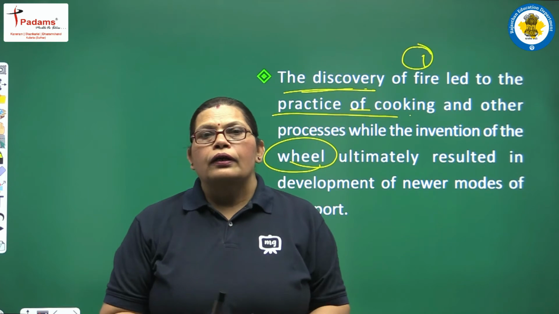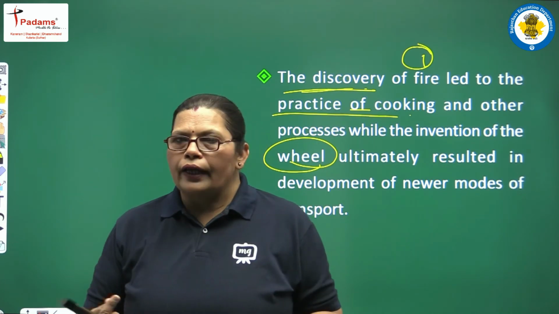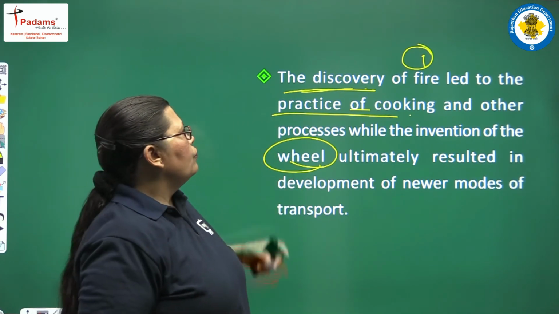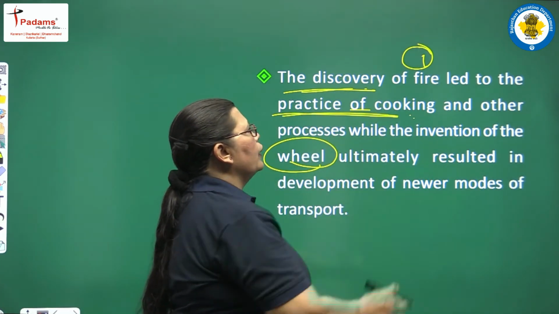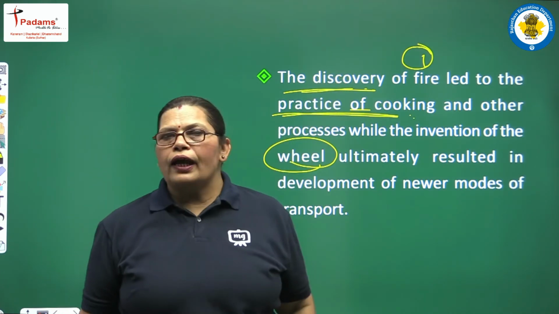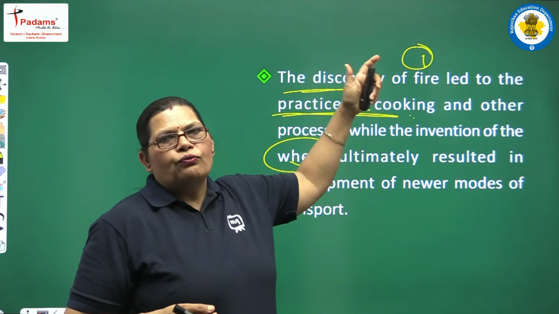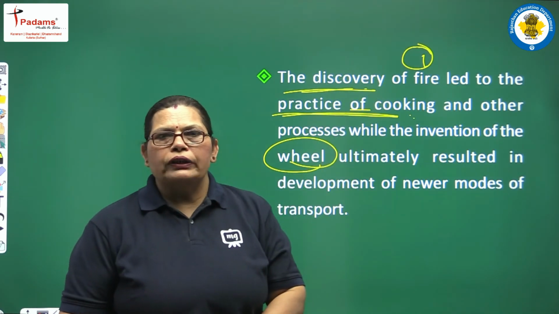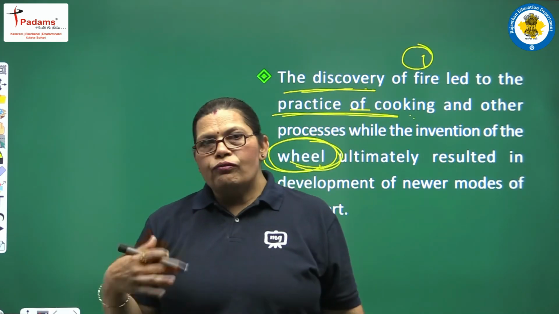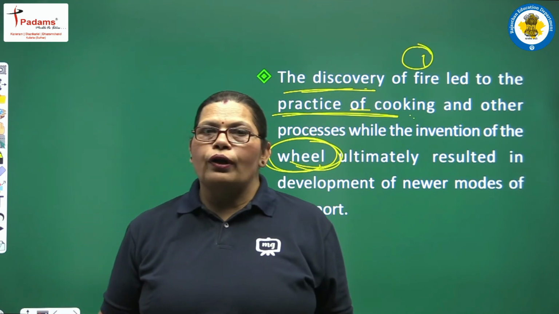And what happened, जो हमारे आदि मानव थे उन्होंने क्या देखा, अरे मांस का टुकड़ा गलती से गिर गया लेकिन ये तो पक गया और पकने के बाद में बहुत अच्छा लग रहा है. एंड लेटर ऑन वी आर यूजिंग प्रैक्टिस ऑफ कुकिंग ऑफ ऑल दीज थिंग विद द हेल्प ऑफ फायर. तो ये हम क्या देखते हैं कि इससे क्या हुआ, एक सबसे बड़ा इन्वेंशन हुआ हमारे किचन्स में फायर के यूज़ का. एंड द सेकंड इन्वेंशन of the wheel ultimately results for the development of new modes of transport as transport is necessary for everyone.